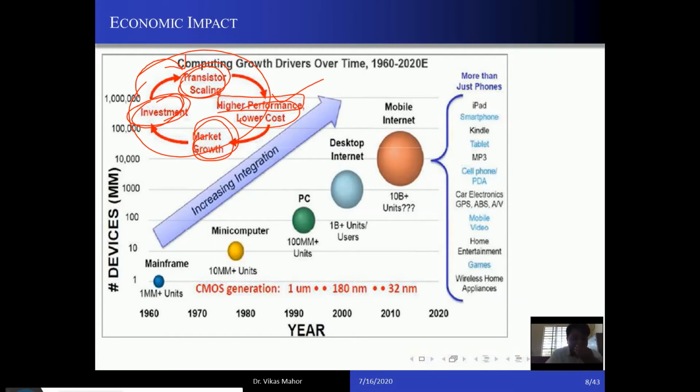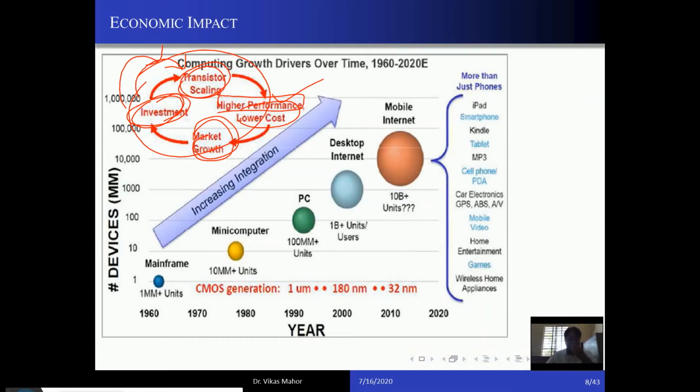Since the market is growing more and more, more and more investors are coming and investing into the market. And then again, in the same cycle, it puts pressure on people like you, the engineers who are in the VLSI market, to please scale the transistor more, so that a greater number of transistors can come onto a single IC. Fine. So this is the cycle which has been followed till date. So how is it possible?